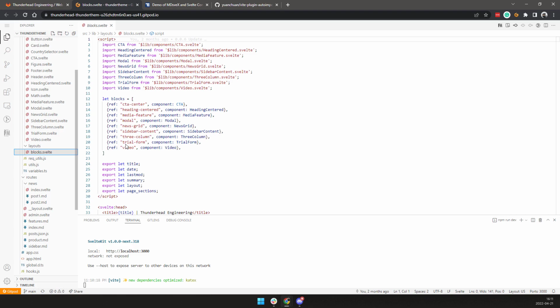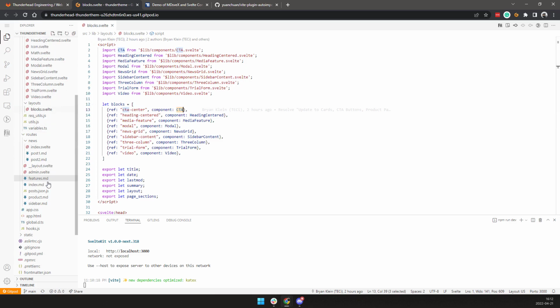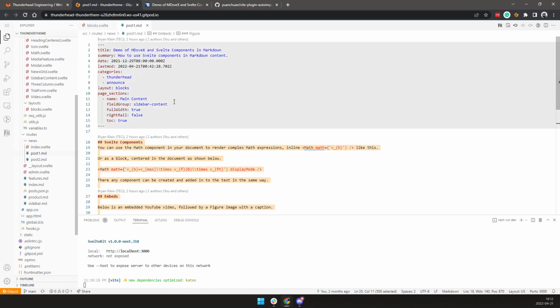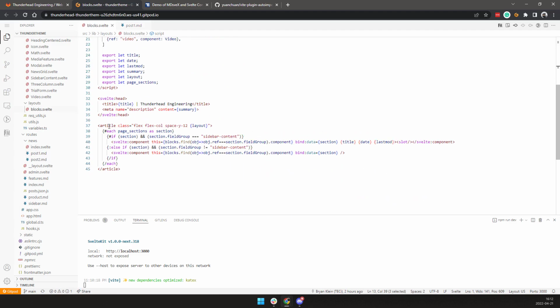I have a blocks layout. And in the blocks layout, I import all of the components that are available for the design system. I make a little array of blocks where I'm using my reference strings and pairing those with each component so that in a particular file, like I'll keep this one up, like in post 1, let's say. So what the blocks will do is, basically it's building the layout for each page section. I have a section and it checks the field group variable,